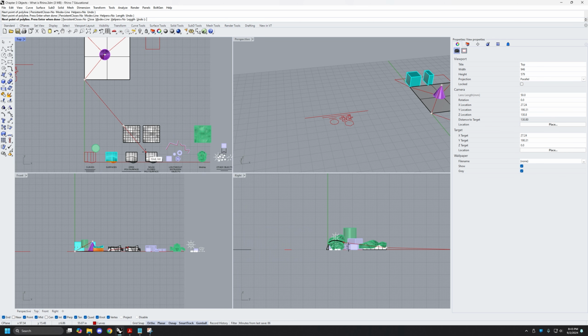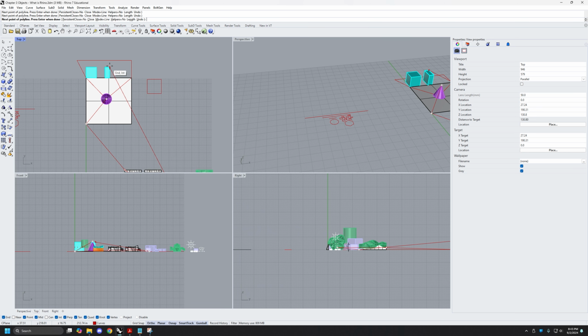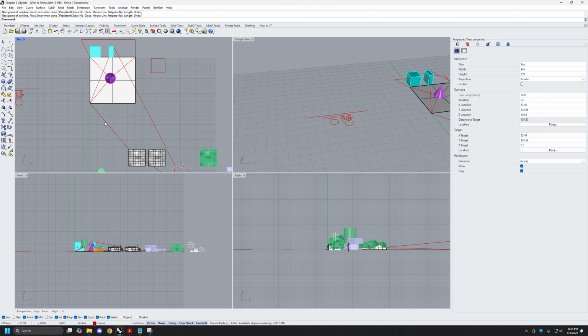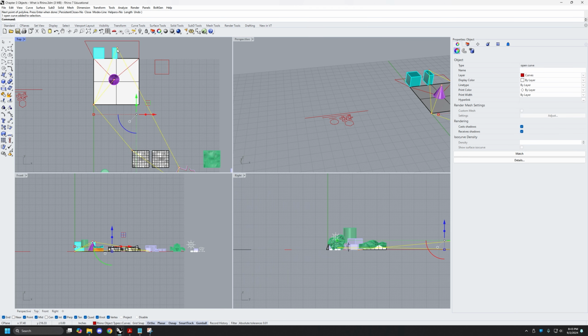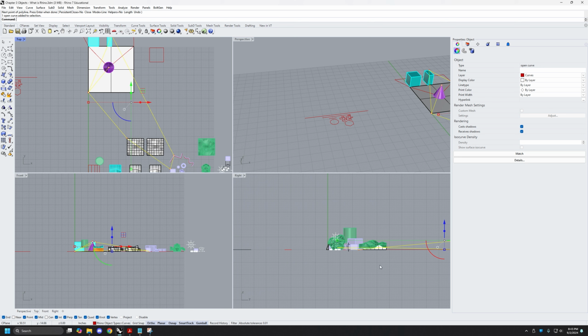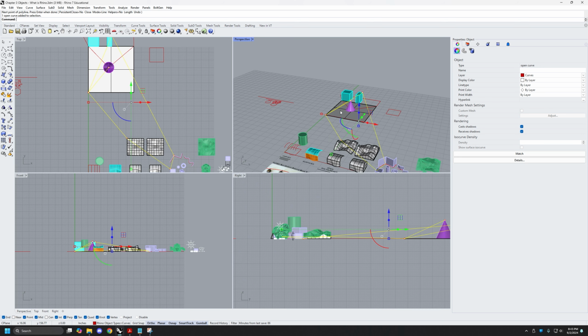Maybe we've gone crazy and we've done some pretty insane line here. And it's like, okay, maybe I've snapped to other reference points that I know I want this line to go to, but it's all wonky in